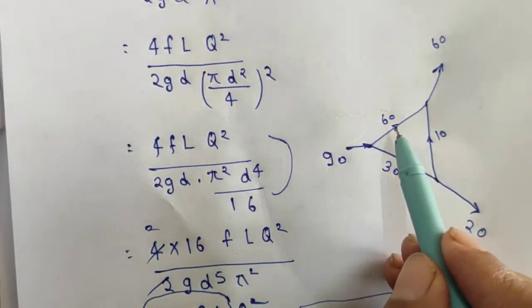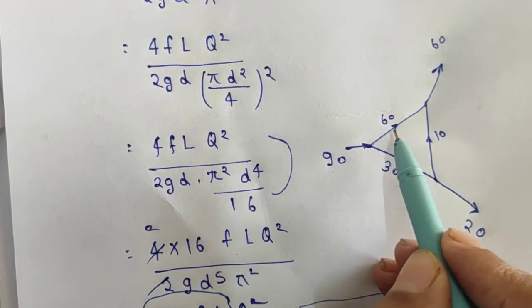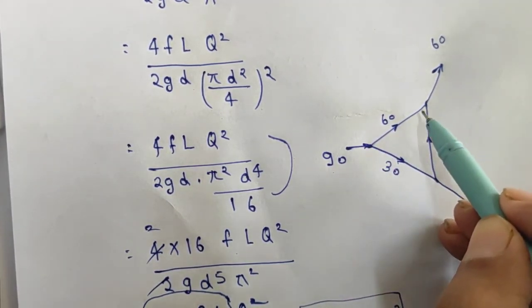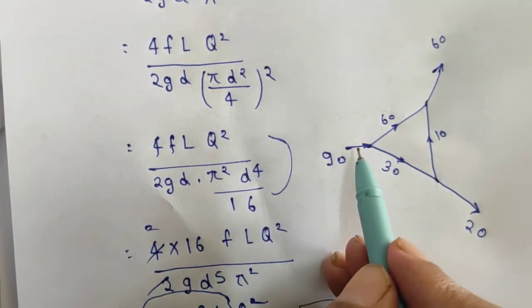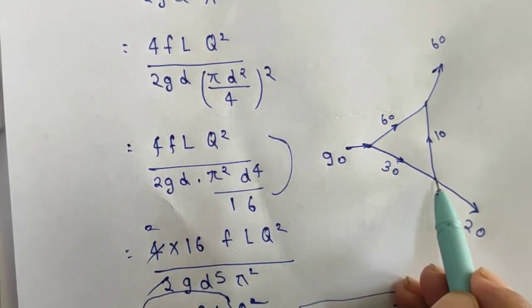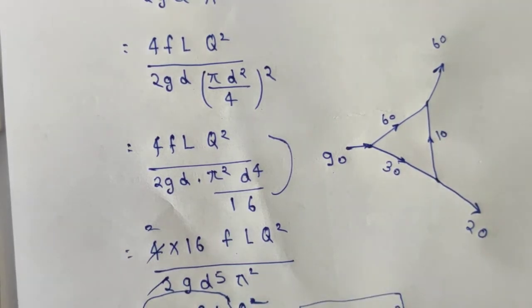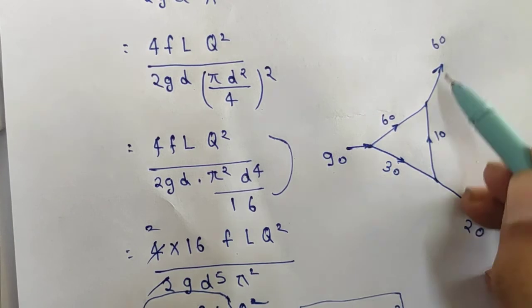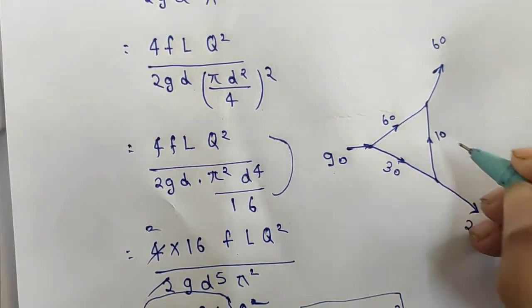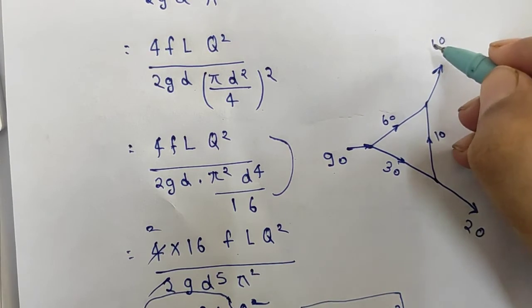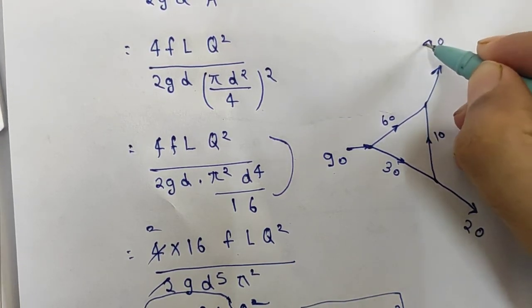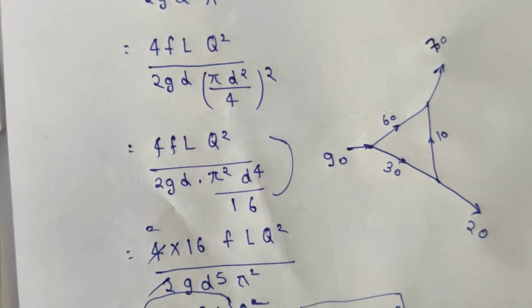What do you understand? That if the 60 liter per second water in this section is leaving entirely from this section and 30 is leaving in this direction, and out of this 30, 20 is leaving here, what will be left with us is, if 60 is getting here, so this 10 and this 20 will make the amount of water leaving this section as 70. Initially I had written 60. Why did I write 60? Because this was my assumption.